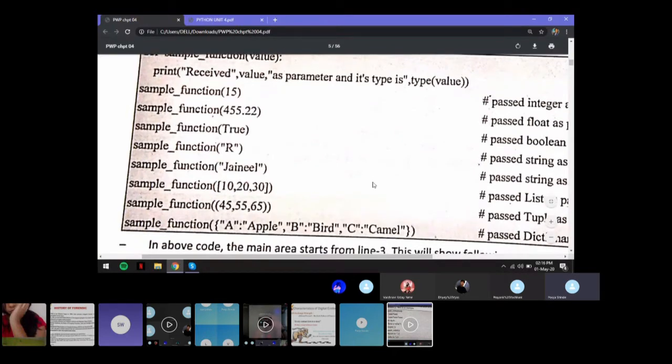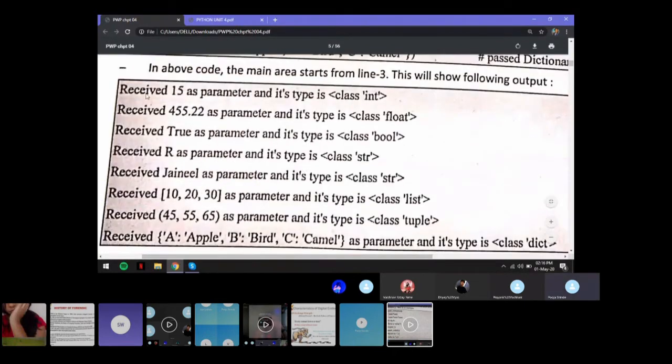So let's see the output. So here, received 15 as parameter, and its type is class int, and so on.